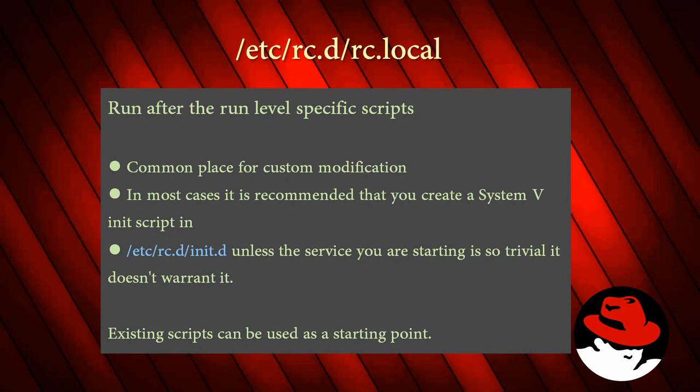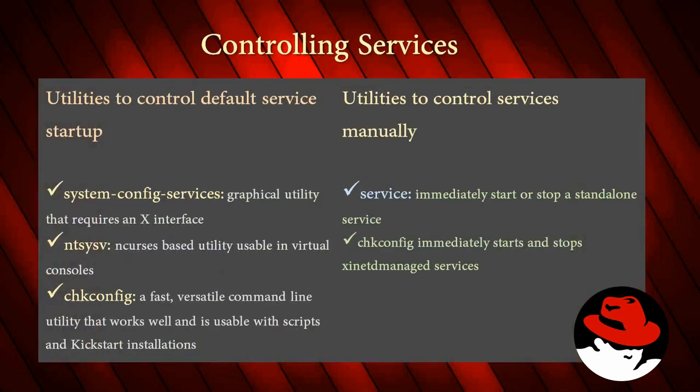So this is the process of loading the bootloader, image, run level, init process, the kernel, the local file. You can control various services and processes with utilities. There are different utilities to control default service startup and to control services manually. If you want to control the default services at startup when the system is being started, you can go through system-config-services, ntsysv,